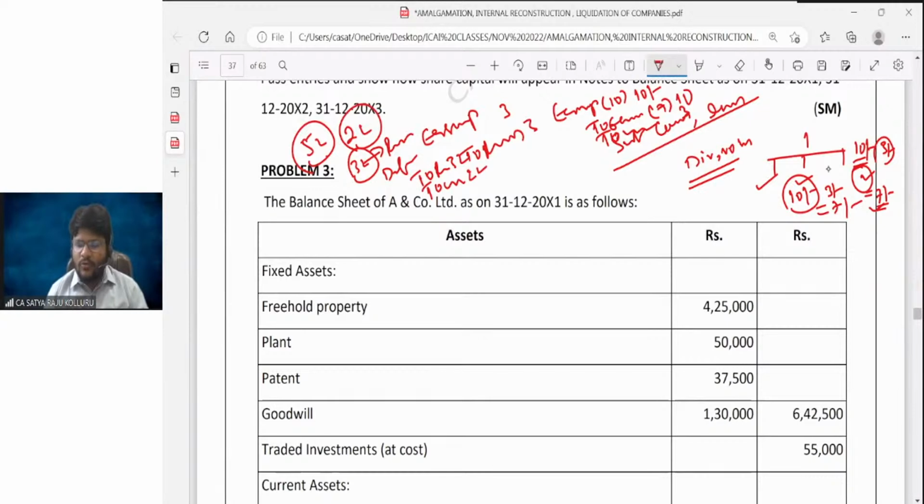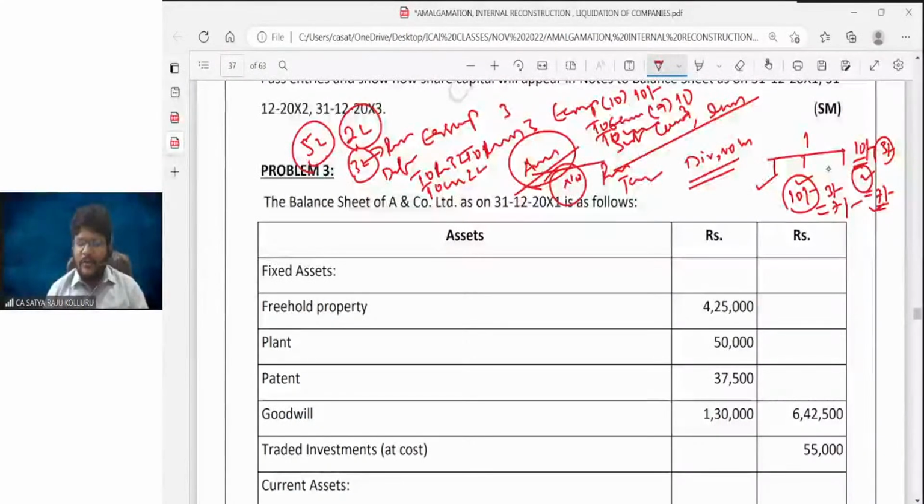Like that, you should need to write. One more important concept we have also seen is arrears of preference dividend. If you remember, arrears of preference dividend we can take as an unrecorded liability. If the unrecorded liability is sacrificed with the other party, no entry. For such an unrecorded liability, if you are discharging any amount in the form of preference shares, equity shares, or cash, simply the entry is reconstruction to cash.